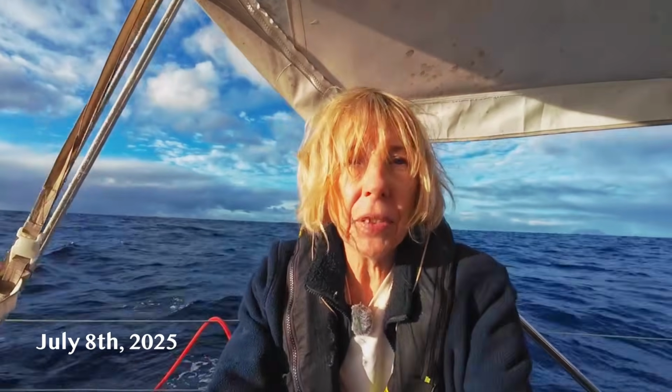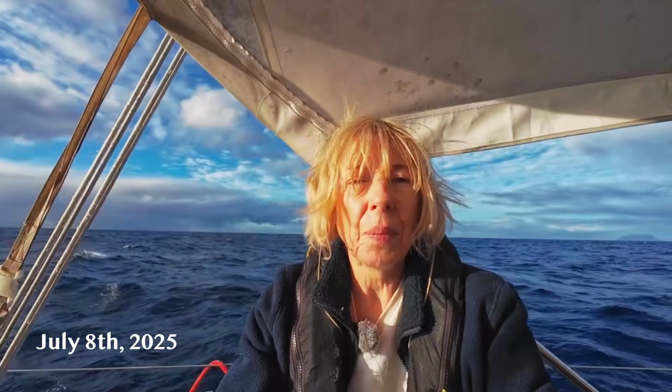So we're currently 56 miles from the island of Tanna in Vanuatu, having left Fiji. I'm a little bit sad about leaving Fiji. It was just such a wonderful place. The people were so nice. We had the opportunity to look a little bit around that larger island, Viti Levu, and Walrus was safe and secure while her engine was getting sorted out. And then we had the most wonderful time on the Isle of Malolo, Musket Cove,